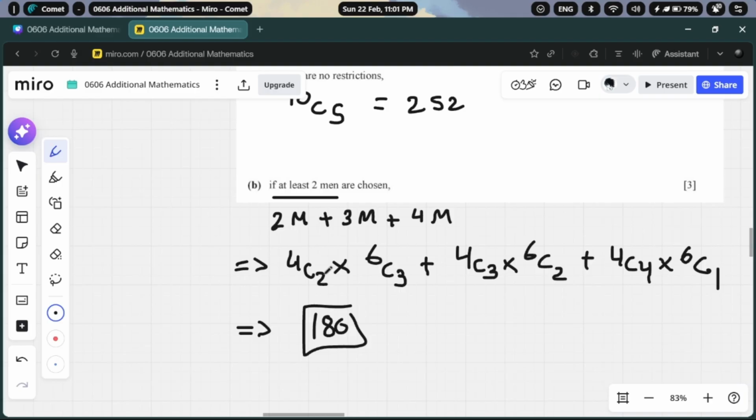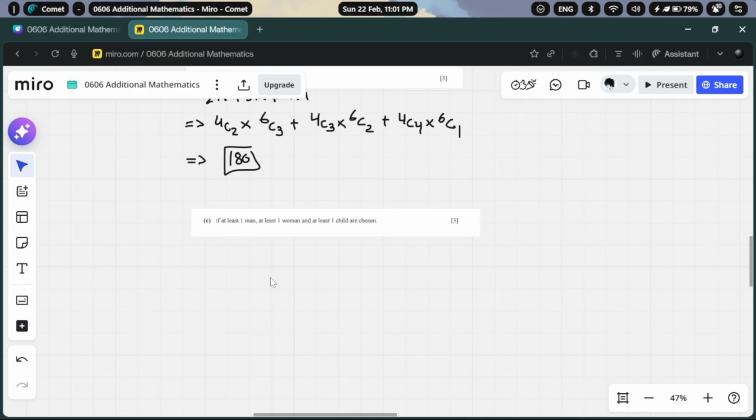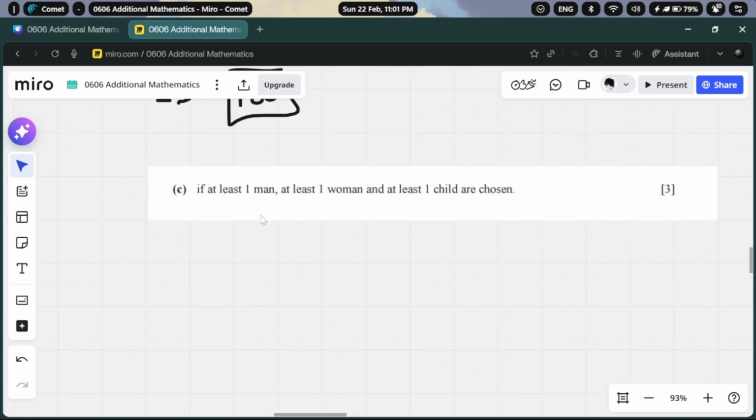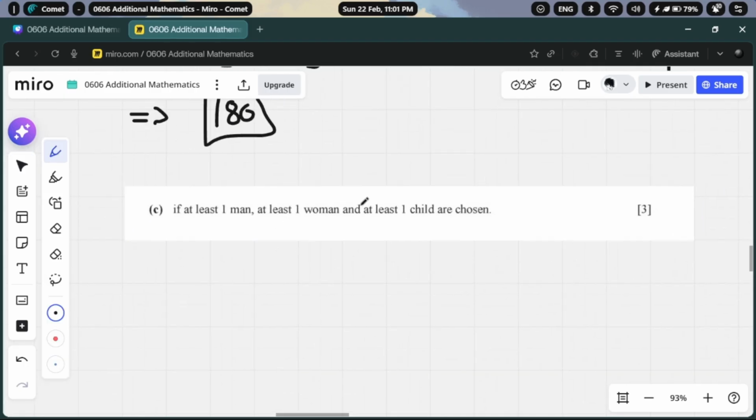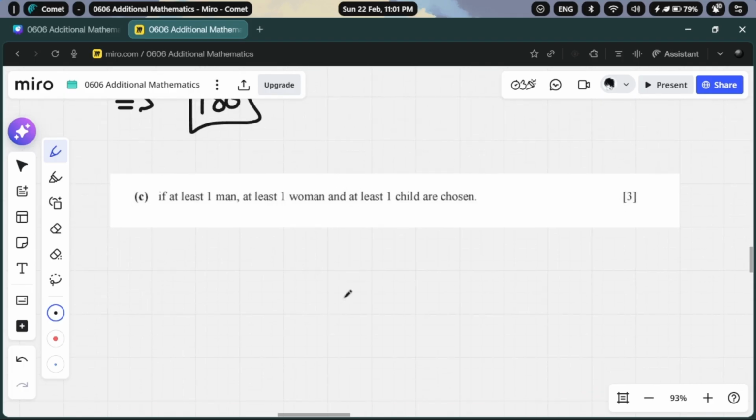Moving on, we come to part C, which is if at least one man, at least one woman, and at least one child are chosen. And you could either consider all the cases where you choose, for example, one man, one woman, one child, and then, for example, some other number of remaining people, or you could also do total cases